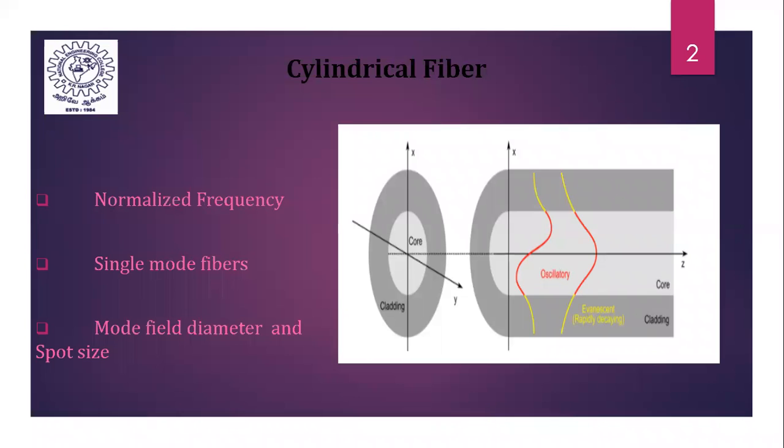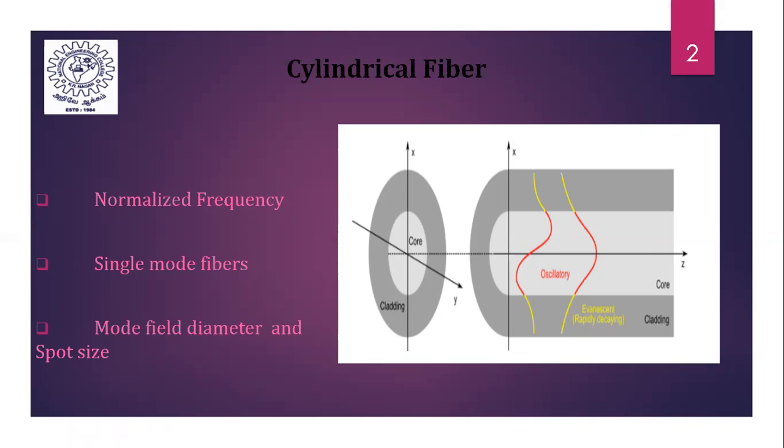Order of modes is equal to the number of field crossings of zero across the guide. So the TE0 mode will be traveling one time into the core. For the TE1 mode, it will be traveling 2 times, and for TE3, it will be traveling 3 times. It will be increasing like this. So the field partially goes into the cladding. The field harmonically varies across the guide, that is, the core.